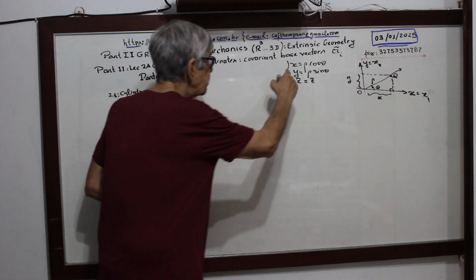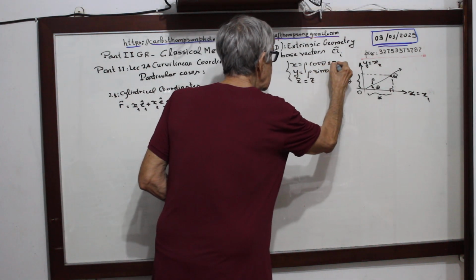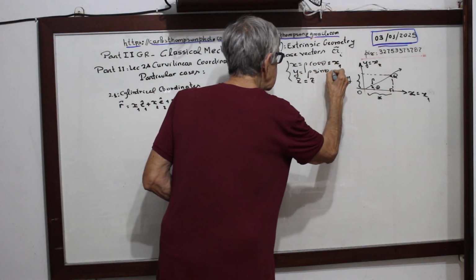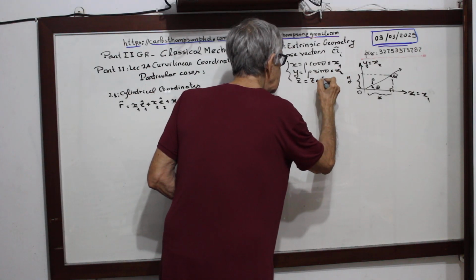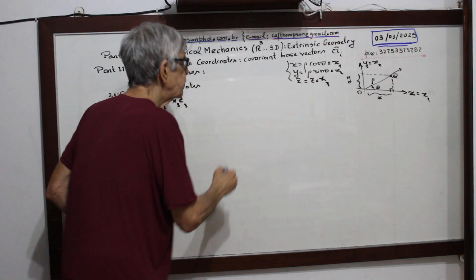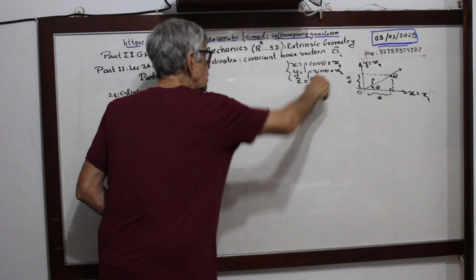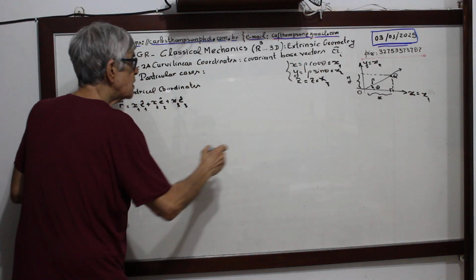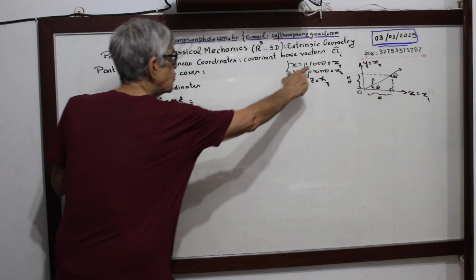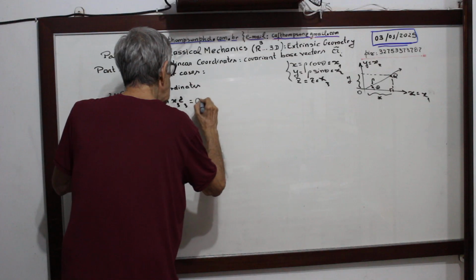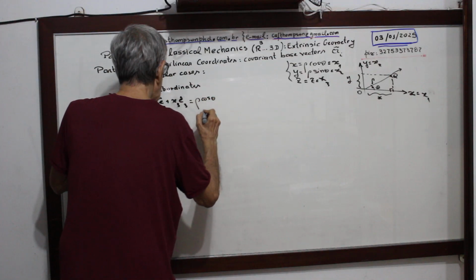But you see, this is x1, this is x2, and this is x3. So these are rectangular coordinates. Then I substitute here, so I will have x1 is rho cosine theta